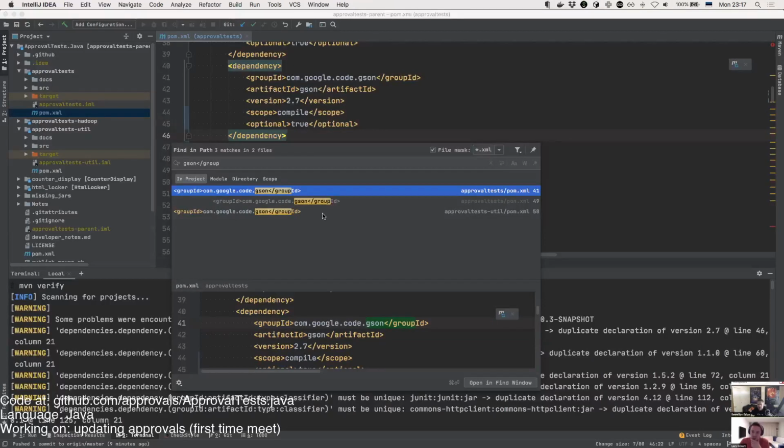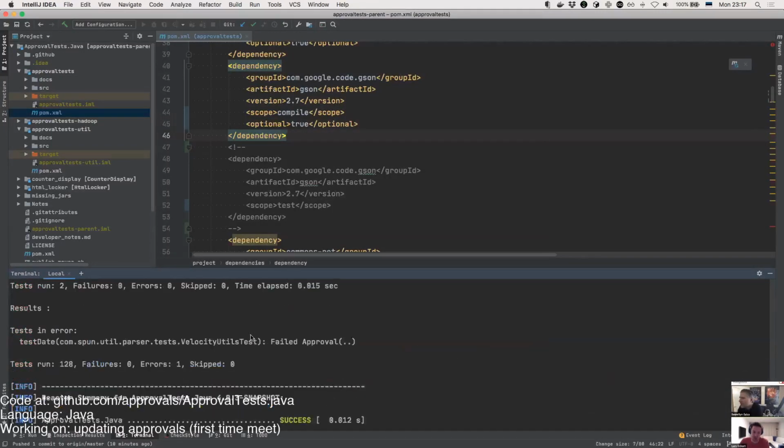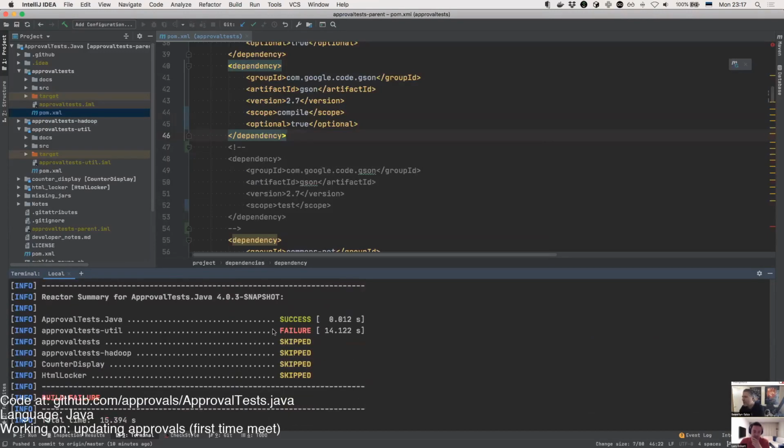I don't really understand. So wait, is it still saying duplicate? Maybe we're not seeing the problem the way we think we are. And this still compiled. Yeah, well, it fails the test, but it compiles before. Okay, wait, hold on. So let's handle the test first. So can we go to the test that's failing?